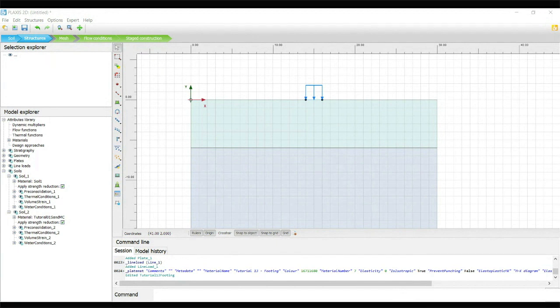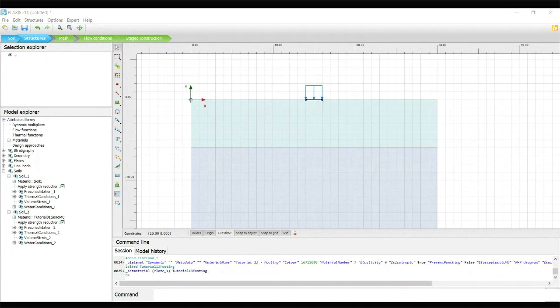EA1, because it's isotropic, both directions same value. EI value, average effective thickness, the program will calculate. What is the weight and Poisson ratio, the value we have already given. Now just drag and drop on the plate. Now we assign the material. You can check whether the material is assigned or not. So for the plate, the material is already assigned.